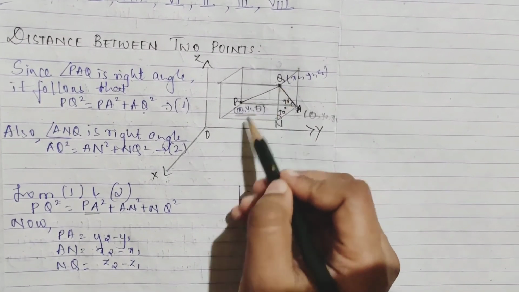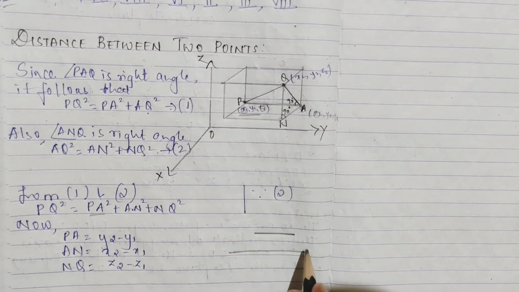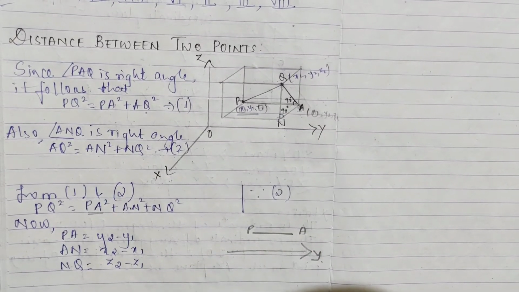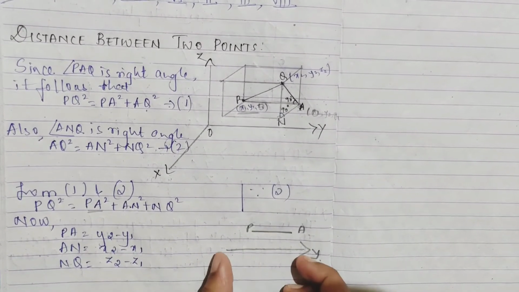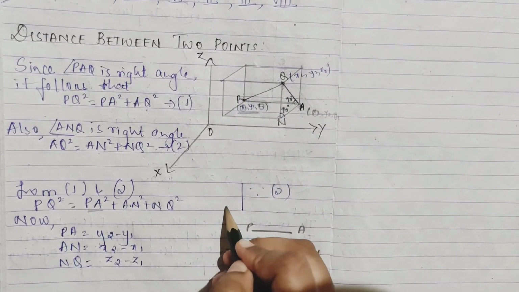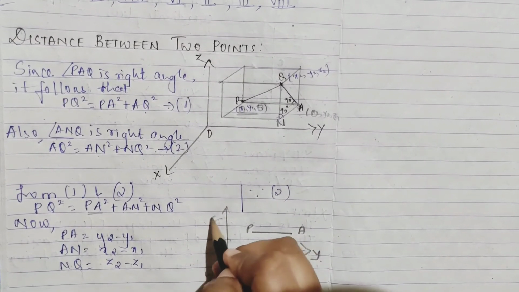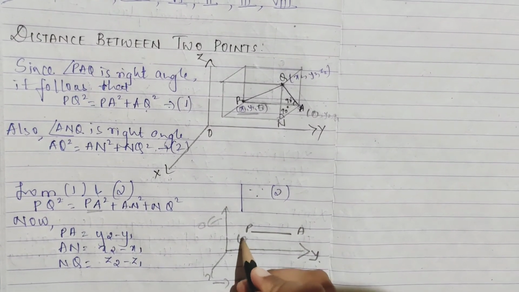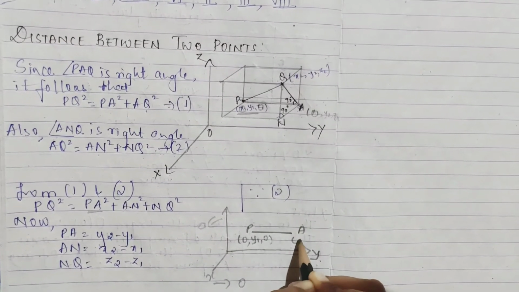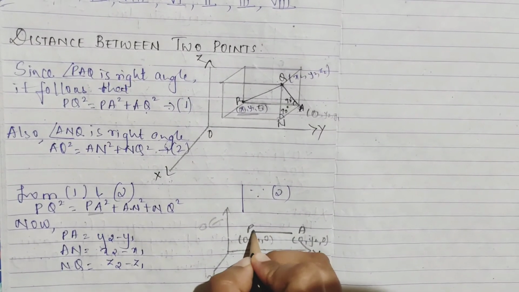See, your first was your PA. PA is this and this is your y axis. So your PA point is on the coordinates of your y axis. If it is on y axis, what about your z and x axis part? This will be 0 and this will be 0. So the points here, x is 0, only you will be having y, z is 0, because this whole line is parallel to your x axis.